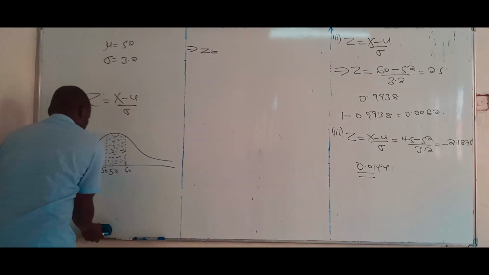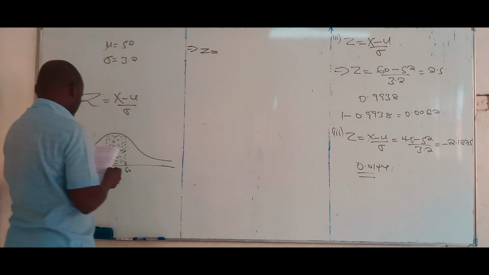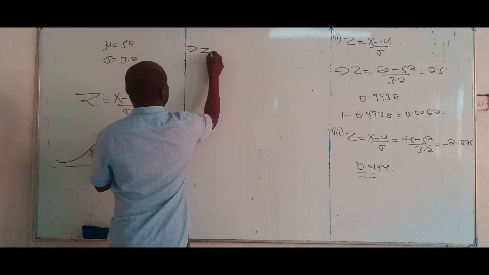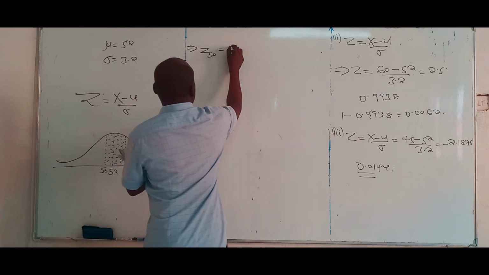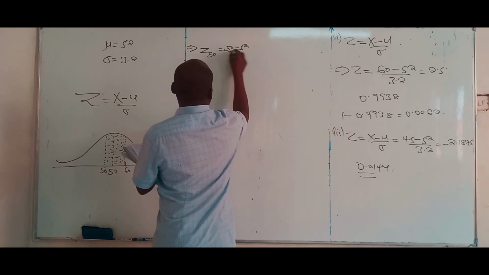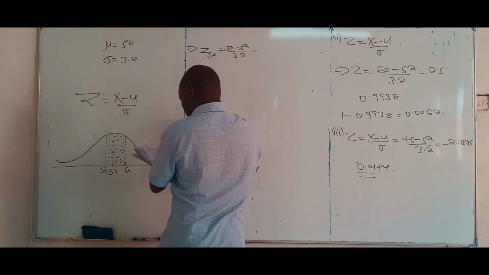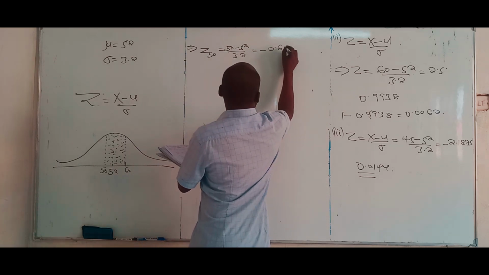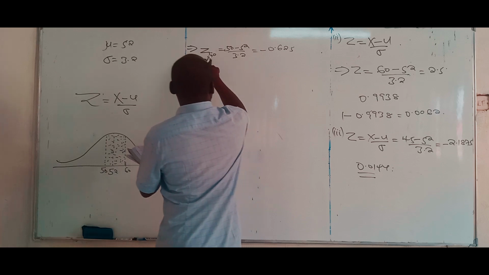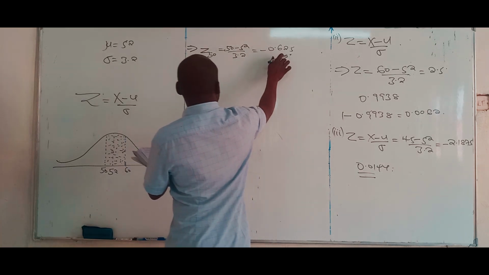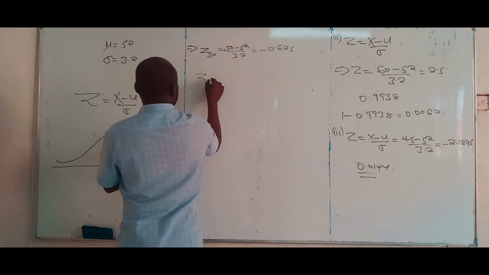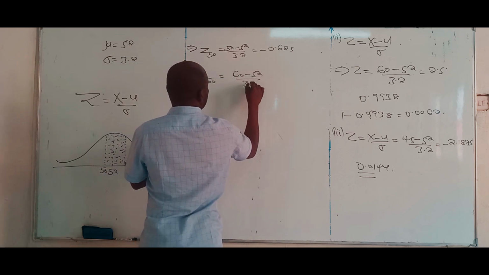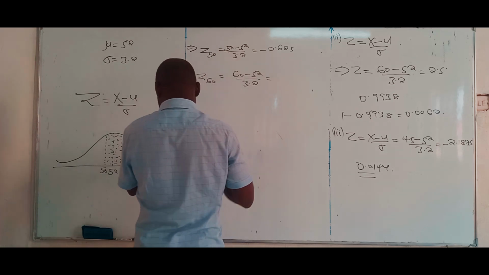This is how we continue with it. So first here we have z of 50, in which case we'll be having 50 minus 52 over 3.2, and that gives us negative 0.625. So the z that corresponds to when it's 50 is this. Now the z that corresponds to when it's 60 will be 60 minus 52 over 3.2, and that difference is